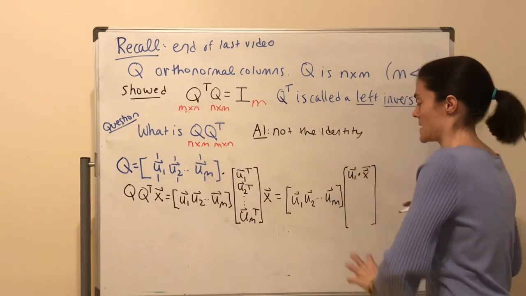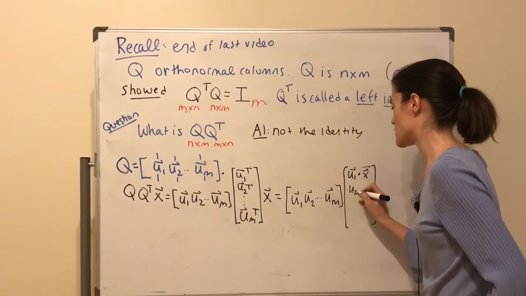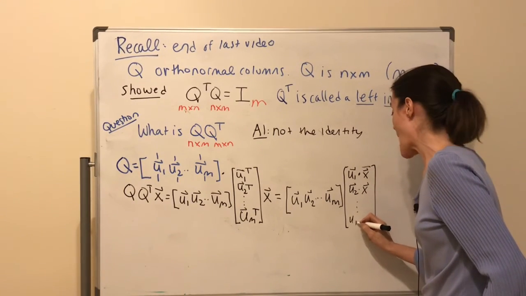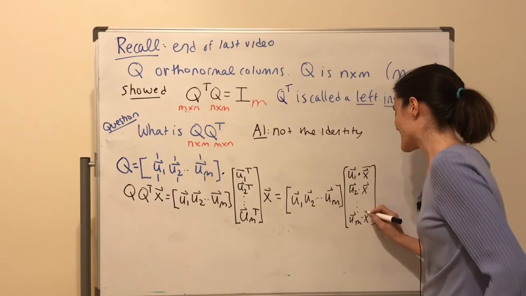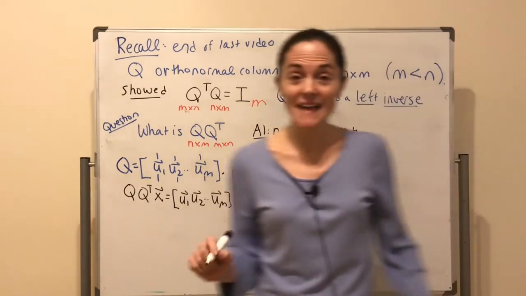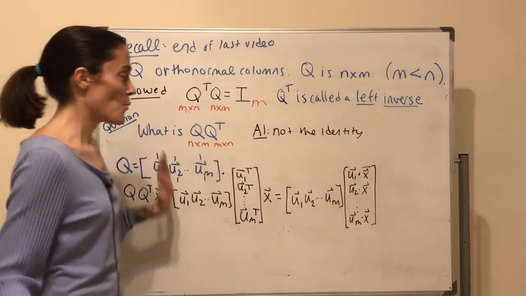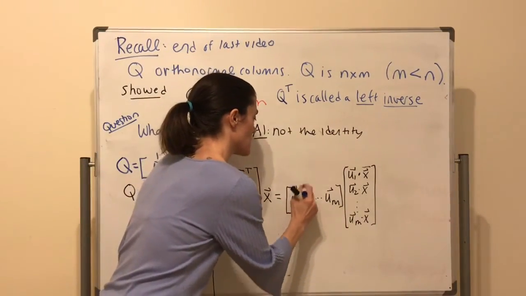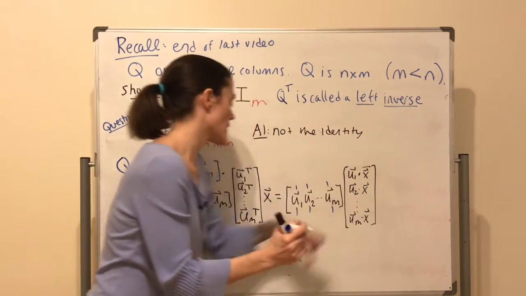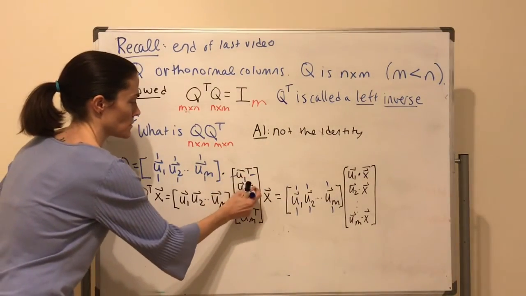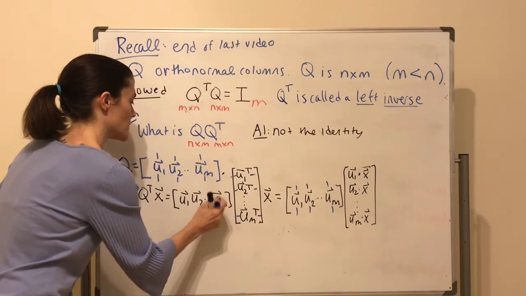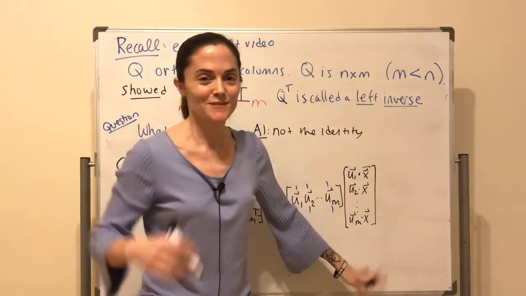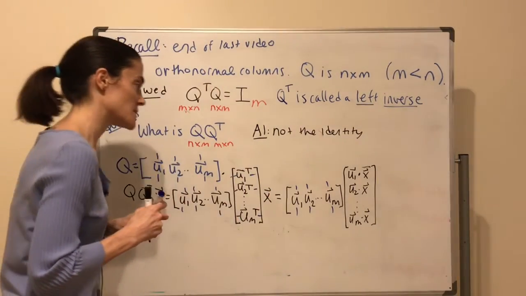And then this entry is U2 dot x all the way out to UM dot x. So far, so good. Well, now I have one matrix, this one. In fact, I can make it clear. Matrix, vector, matrix, and this is matrix 2. Okay. So I have one more matrix times this vector to figure out what this Q transpose is,